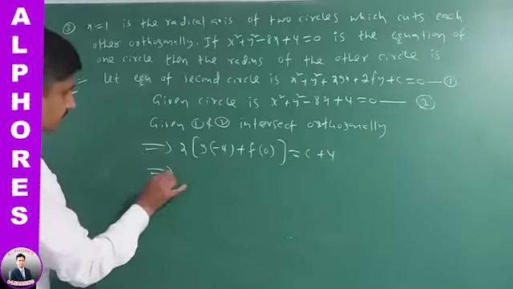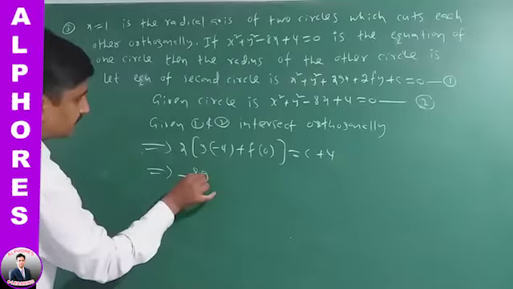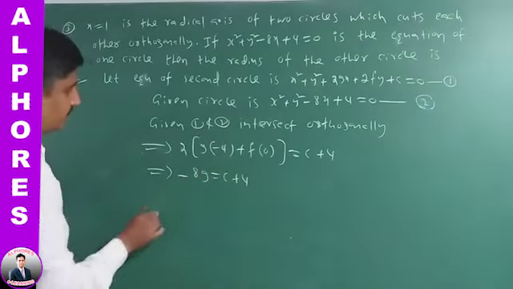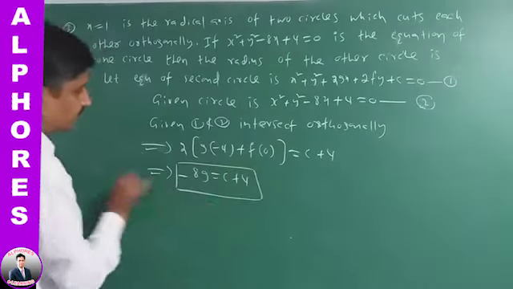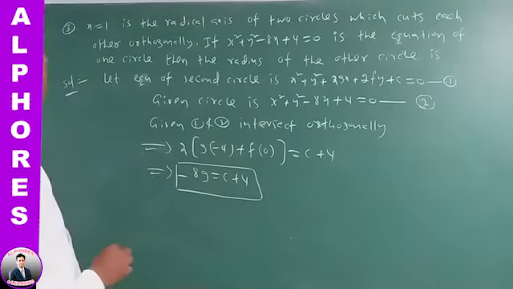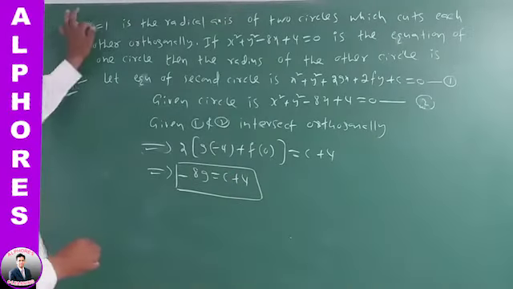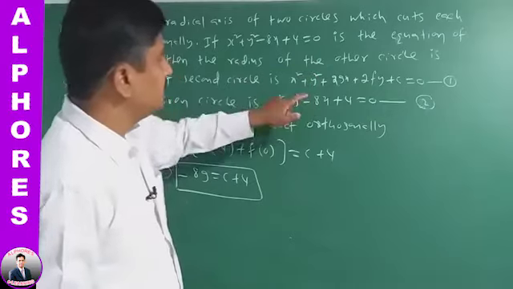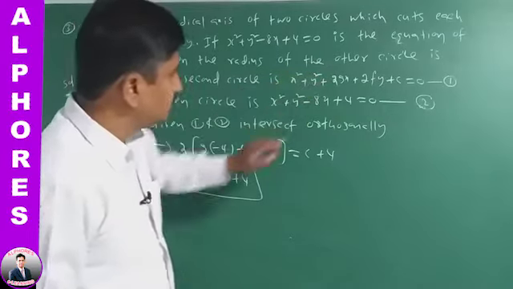Next, it is minus 8g equal to c plus 4. Next, x equal to 1 is the radical axis of these two circles. Now, actually, the radical axis of these two circles is